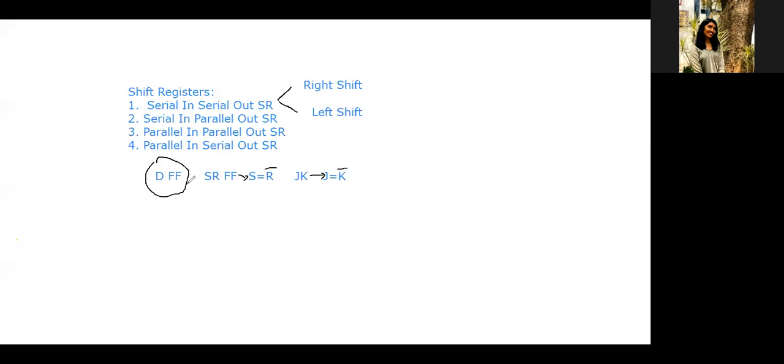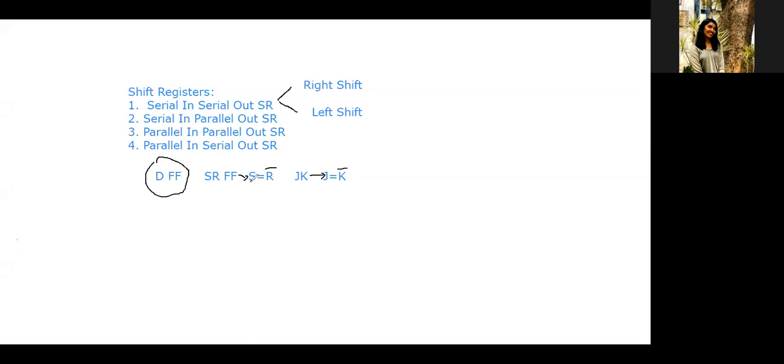That's why, if you want to implement a shift register but only an SR flip-flop is available and there is no D flip-flop, you have to make the connections like this. You have to connect S with R bar through a NOT gate.